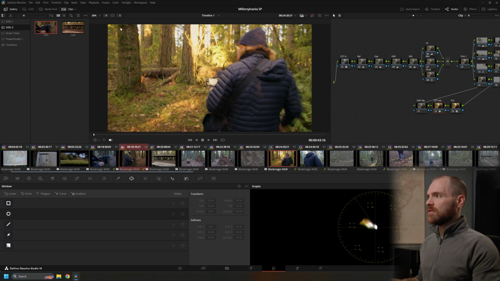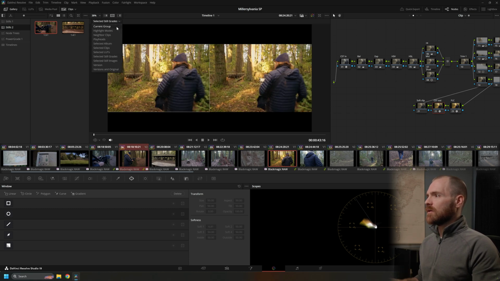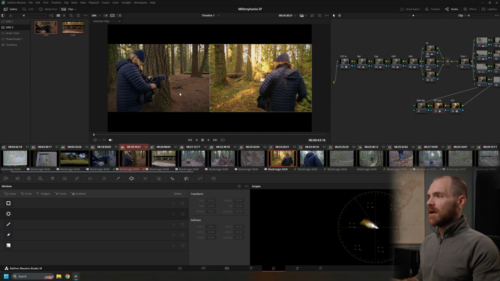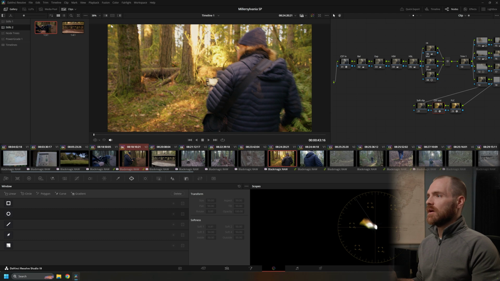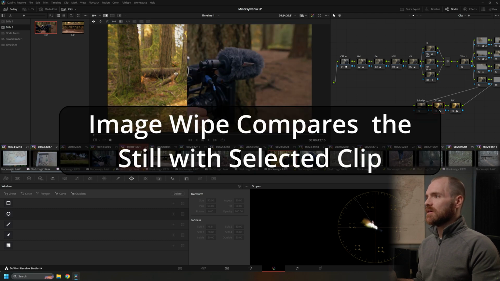Let's select both of these clips. Let's use selected clips, and I can see these are not matching at all. So this is a really handy tool, even more so than the split screen, to see how your scenes are progressing as you're working through your grade. There's a lot of different options here, so play around with this drop down on your split screen and just have fun with it. If we go back to image wipe, I can see